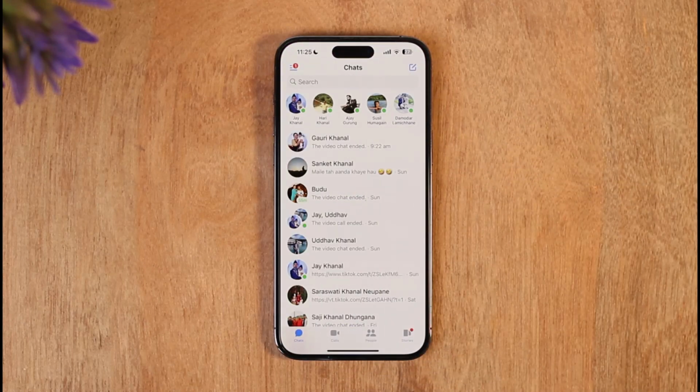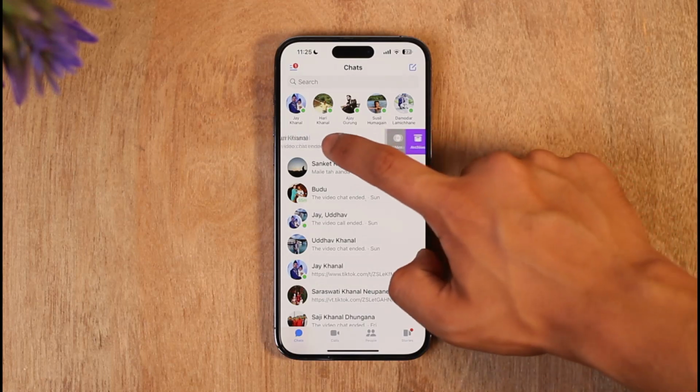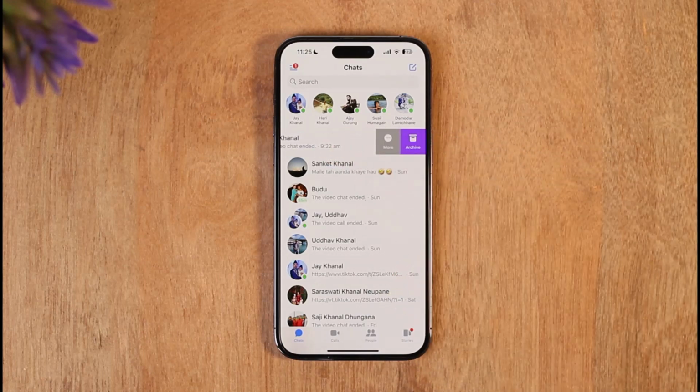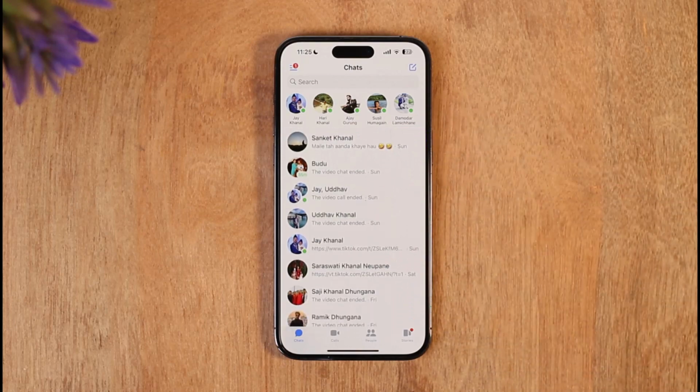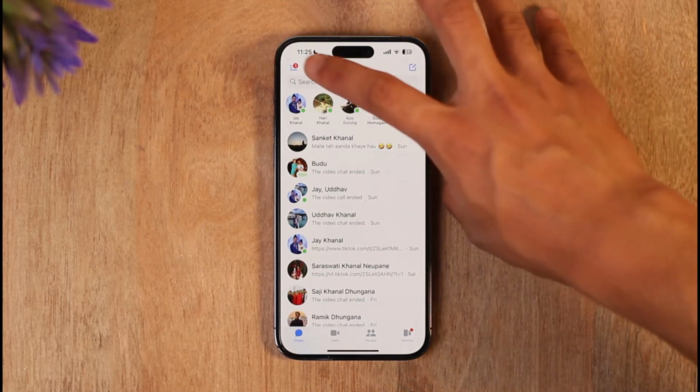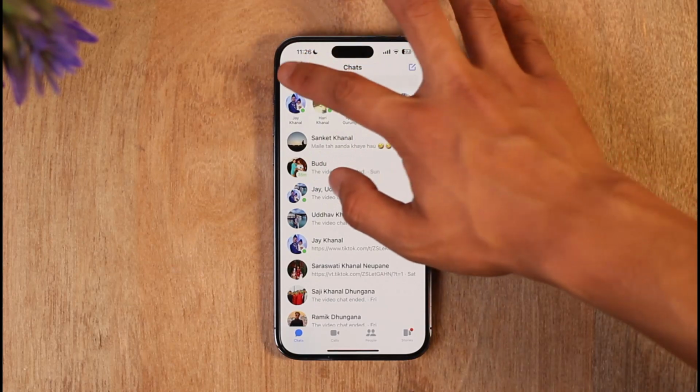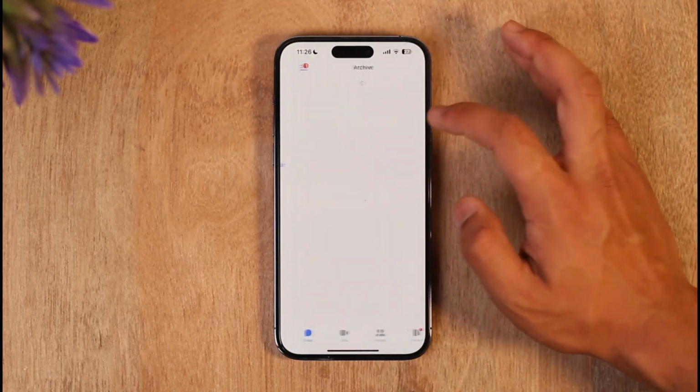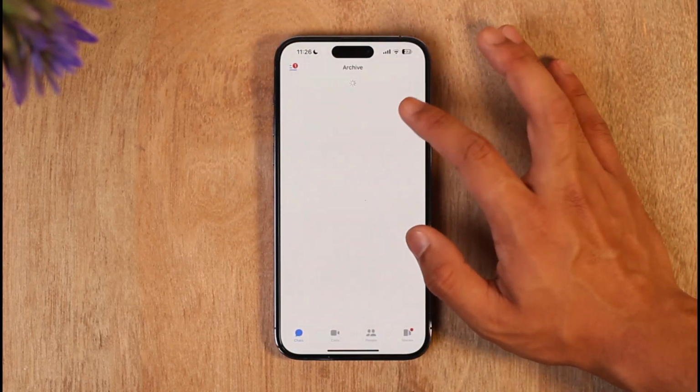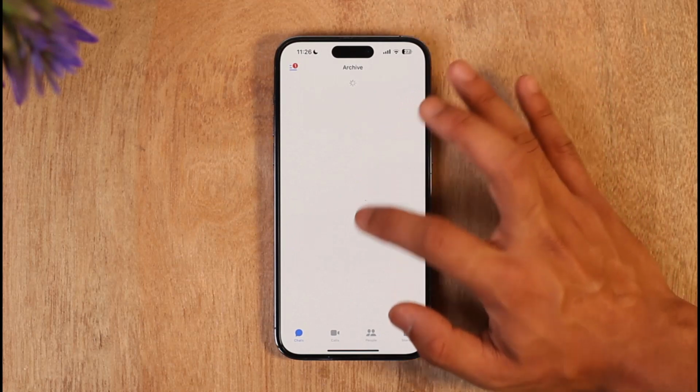There is only one thing that you can do, and that is to simply archive the conversation. And to archive it, just swipe left on that specific chat. You'll find the option called archive. This will basically hide it from here, but you can find them in the archive section by just tapping the three lines icon over here again and then going to archive. You'll be able to see the chats that you've archived, and then you can go ahead and simply unarchive them